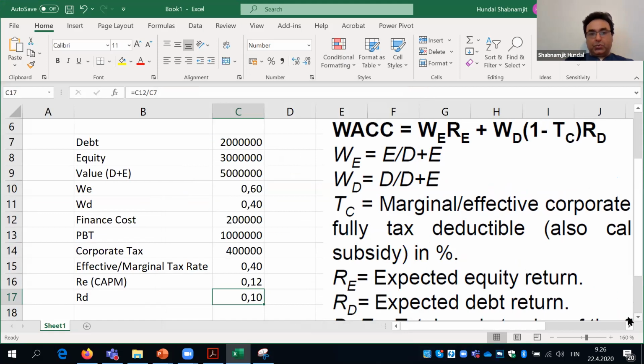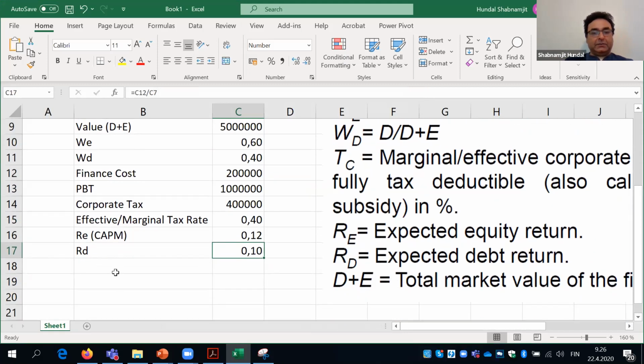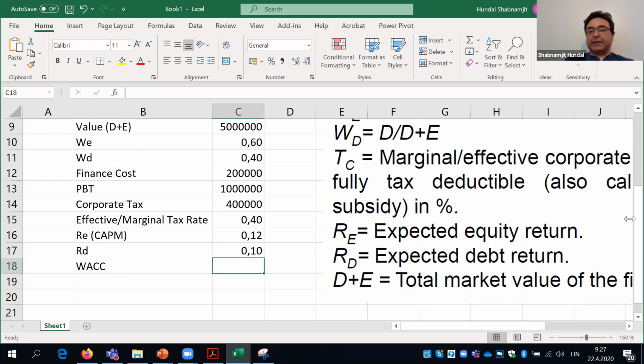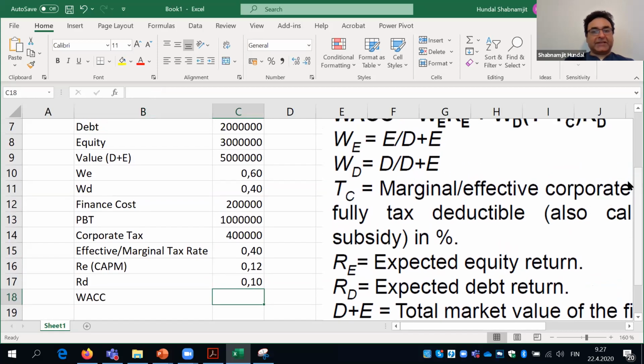Now, the mistake students can make when they calculate the weighted average cost of capital is to think, hey, this is a simple arithmetic mean. We know the percentage of equity, the percentage of debt, the cost of equity and the cost of debt. Just multiply them and we get the value. So now I'm going to calculate the wrongly formulated weighted average cost of capital, WACC.